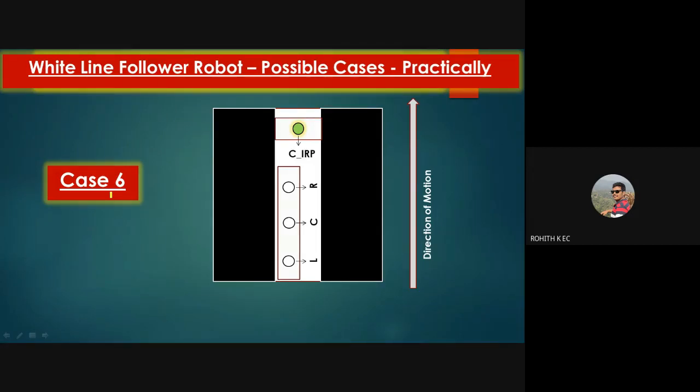Yeah, we can either take a 90-degree rotation to the right side, or if I want to come back, I can take a rotation of 90-degree to the left side. Okay, that can be done, but when all the 3 sensors are detecting same color, we'll consider that as abnormality and we will stop our robot. And how can we detect this? All the 3 are detecting white color. And what is the condition to detect this?